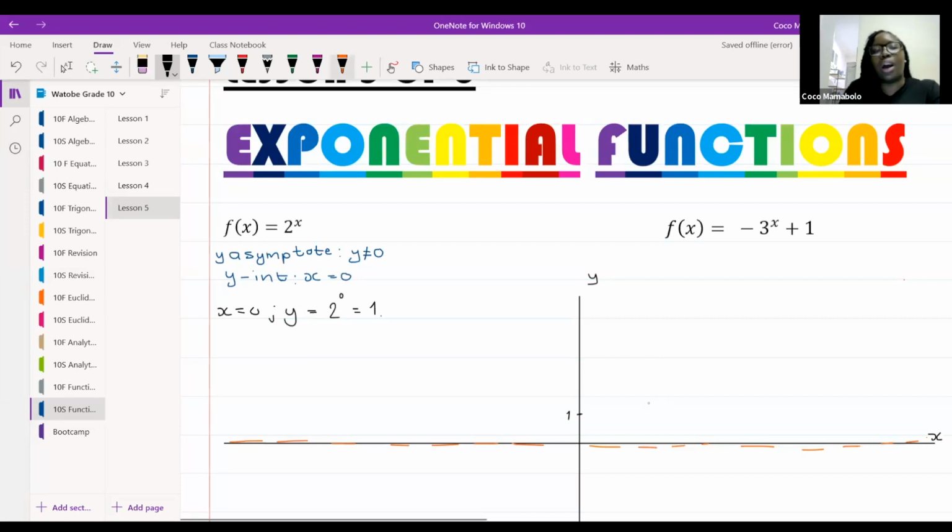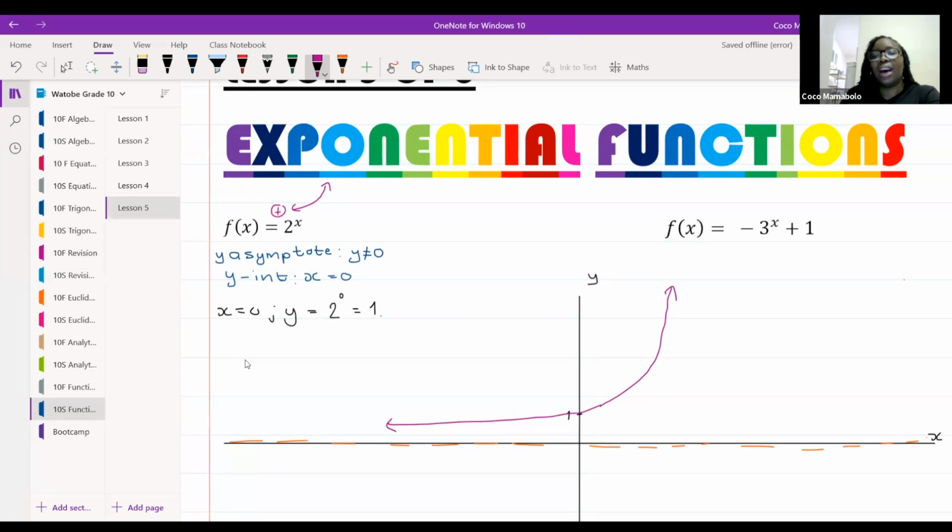So an exponential graph is always drawn in the direction that we see it. Because this graph over here is positive, our graph will go up. It will increase because our function itself is increasing. So our graph will move like this, that way, past the point, but it will not touch the x-axis because at y is equal to 0, we have an asymptote.